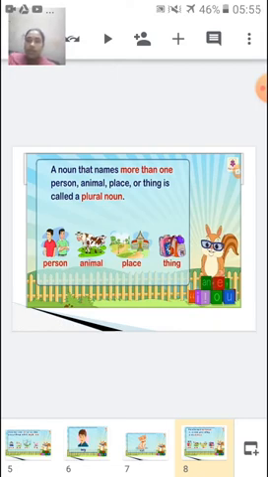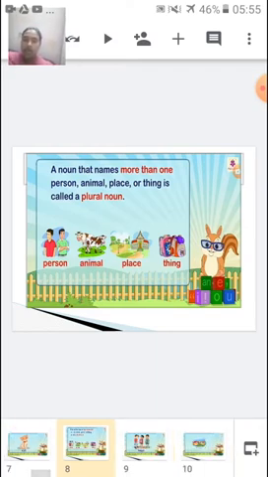So did you understand the difference between singular and plural noun? Yes. So the name singular itself defines that it is going to describe one object, that is one thing, and the name plural describes that it is going to explain about different items that are present, more than one, that is two or more than two. Okay, so then it is called a plural noun. So here we have some rules that have to be followed and there are certain changes in how you convert a singular noun into a plural noun. So that we will see later.